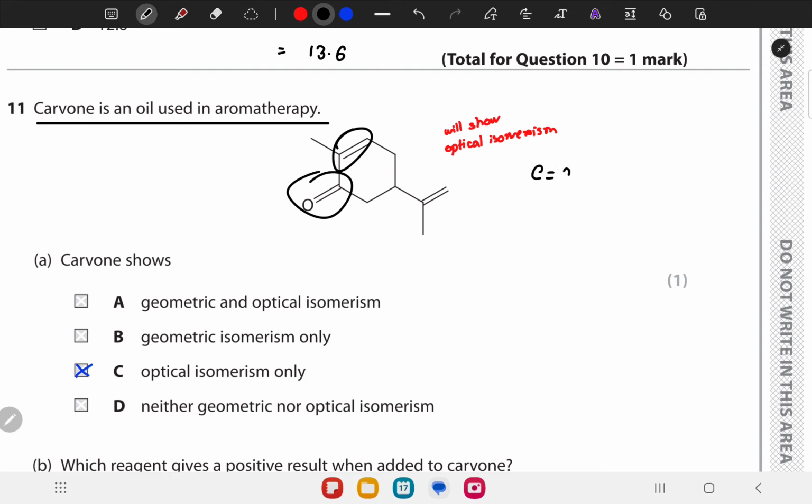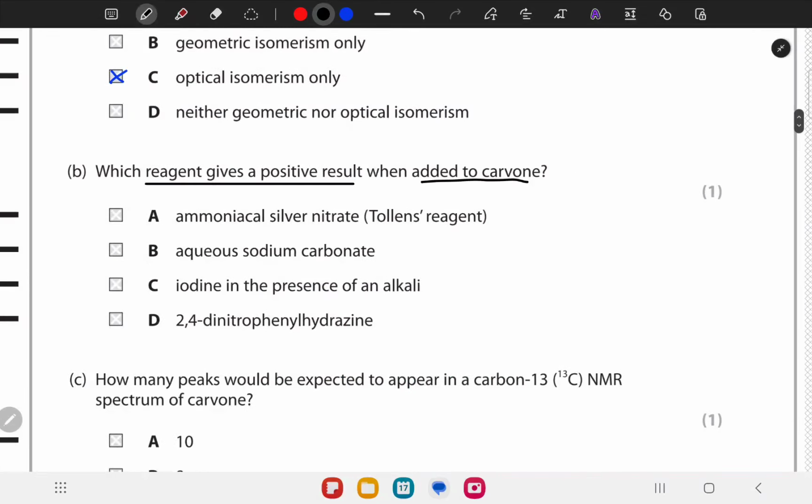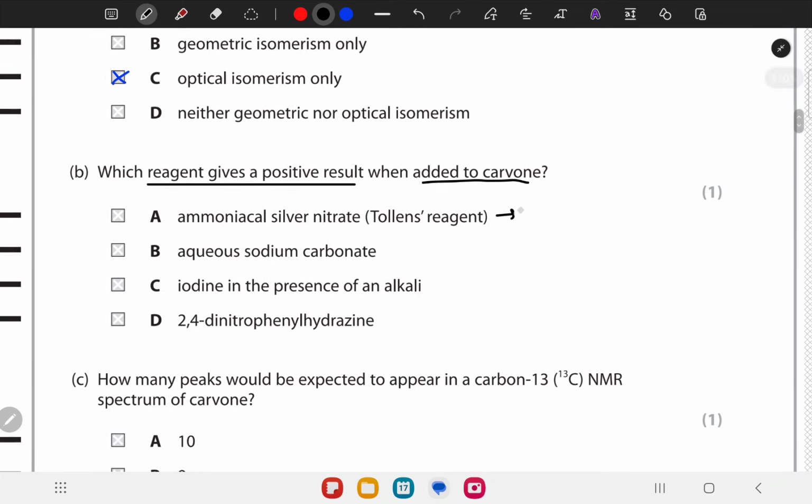So a test for C=C or C=O, so a ketone or a carbon-carbon double bond. So we need a reagent which reacts with them. Tollens reagent reacts with aldehydes, not with ketones, so this won't be a positive test result. Sodium carbonate does not react with ketone or carbon-carbon double bond, so that wouldn't be the